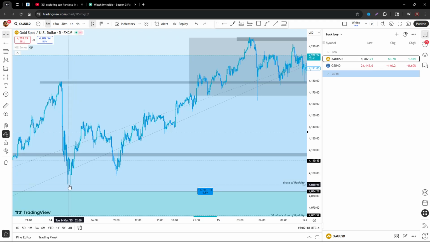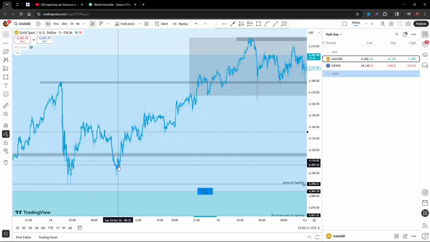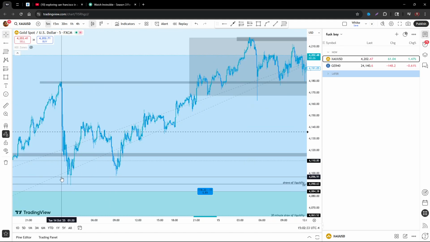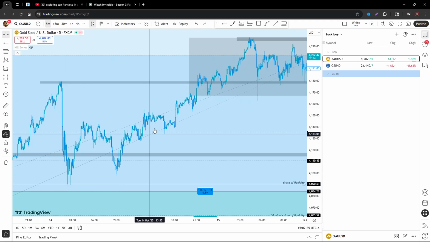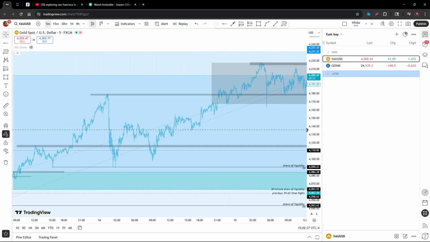So then I got in, and it pushed up around to the halfway of my take profit, because my take profit was these highs. So it pushed up halfway, and I'm thinking, okay, we might be good. Now I'm going to move stops up a little bit. Now it's below this push candle, and what did it do? It came down, took me out, and would have wicked me out of the lows right there, and then did nothing but fly up. So then I got stopped out of that position.